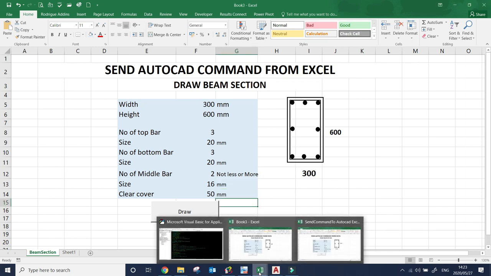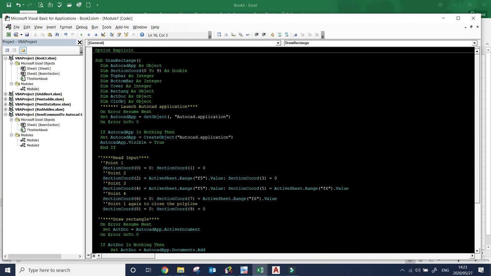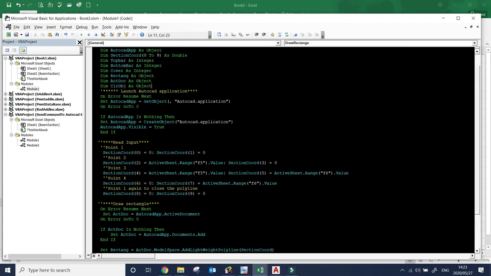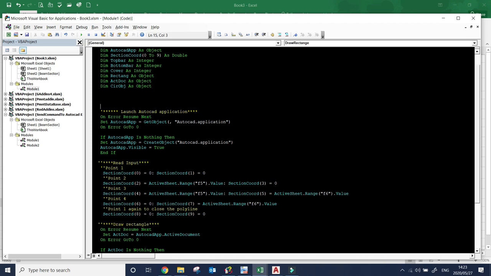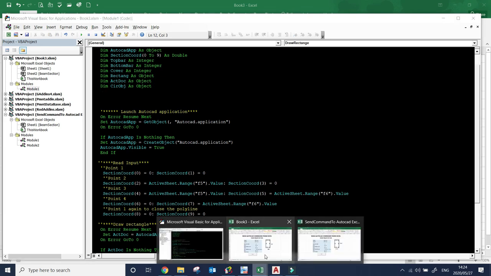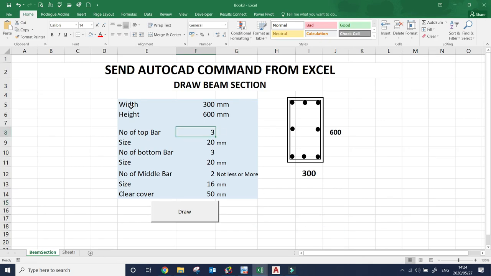Let's get started. Let's go to our code. So this is our previous code. Now we just have to make some changes. We need to add a few more lines of code to allow this program to draw the complete beam section as I demonstrated earlier. To do so, we are going to declare variables to hold this information here. In the previous section we had this value already. Now I will declare a variable to hold this